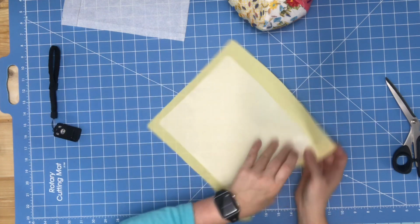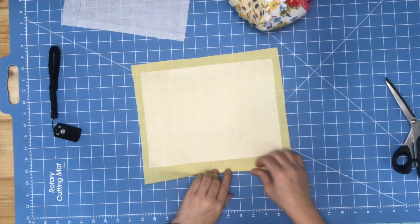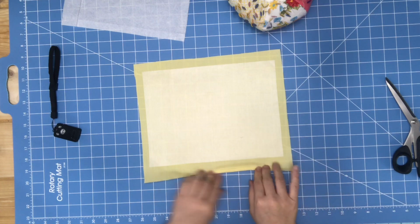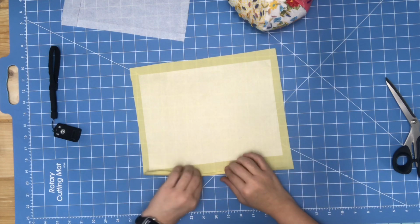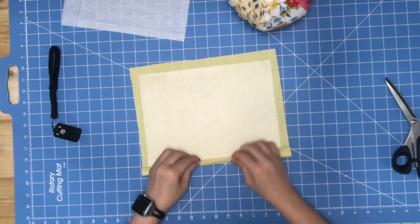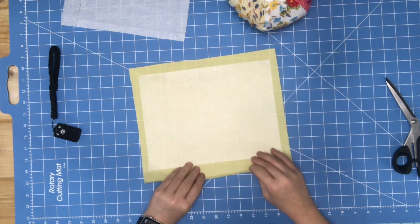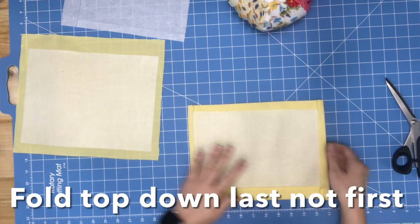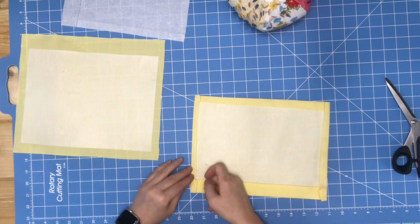Now I'm going to take my pocket, and I'm going to take the top, and I'm going to fold this down just a piece and iron it. I wouldn't use steam just yet because you'll get burnt. And then I will fold this piece down to my interfacing, okay, and this will make my pocket top. So it will look like this when you're done. There's my folded top, folded down, all folded in